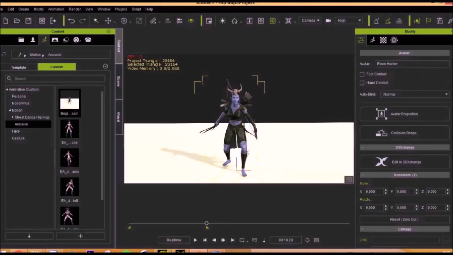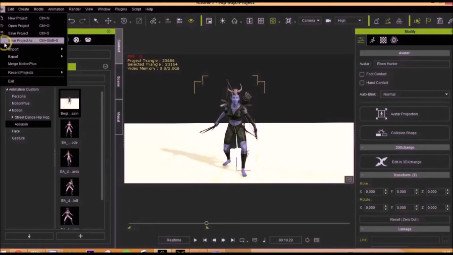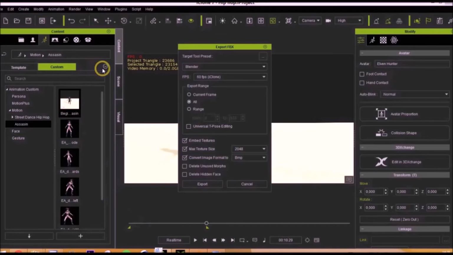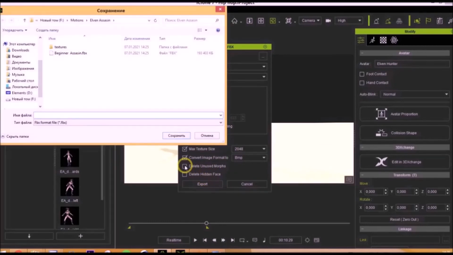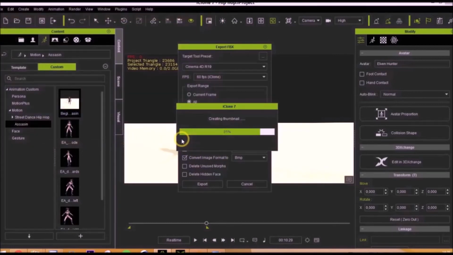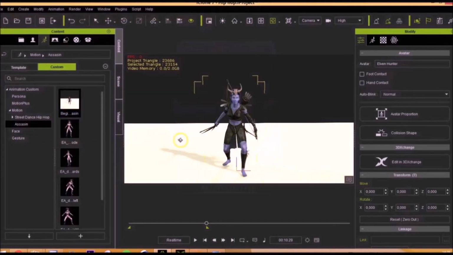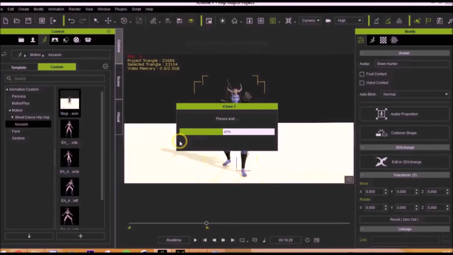Now we return again to the iClone 7 program and select the export of the FBX file to another animation program. Select Cinema 4D in the export targets, keeping all frames and textures. Save the FBX file with the name Beginner Assassin Cinema 4D. That is why we didn't export the first time.